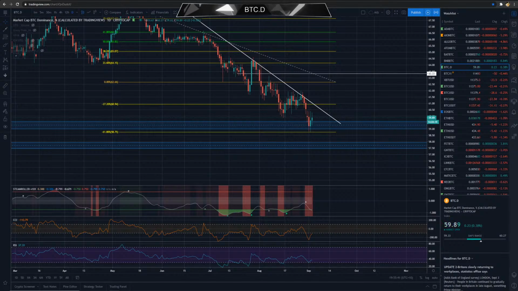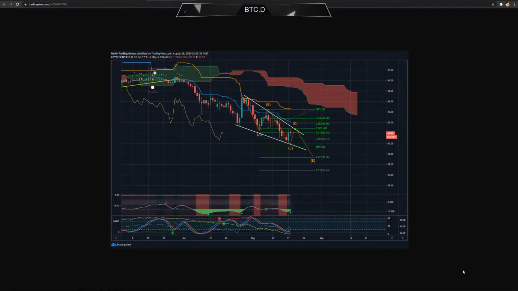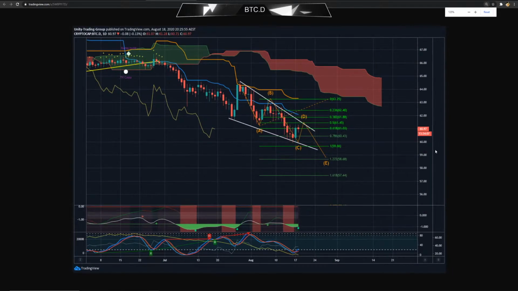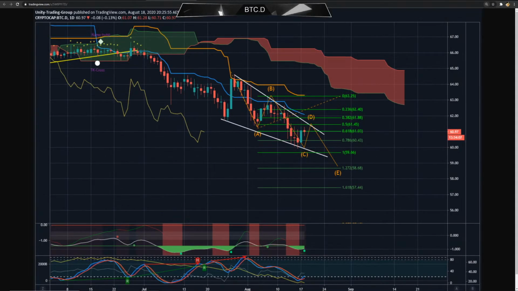I know this is wrong, and I don't claim to be an Elliott Wave expert, but this is why drawing things like your head and shoulders chart or other things that you have a play with on your screen is fun to indulge in, because sometimes you're right and sometimes you are absolutely wrong. And in this case, I was very, very close, and I drew that on the 18th of August. And while we didn't get a pop up to that D, I think maybe we did hit that 61.8 level at some point, I don't quite know.